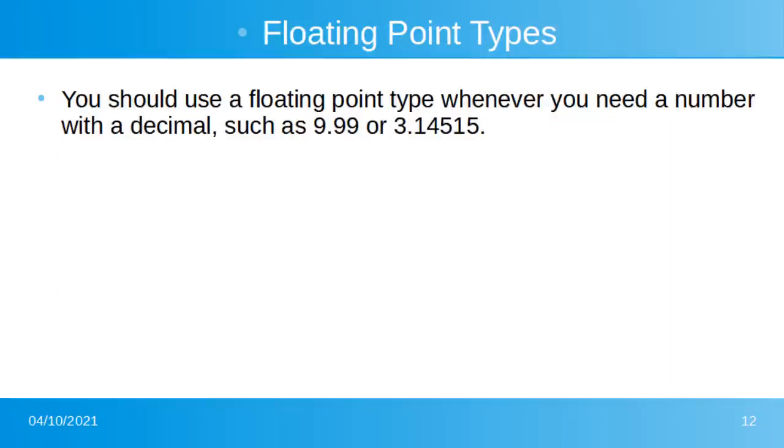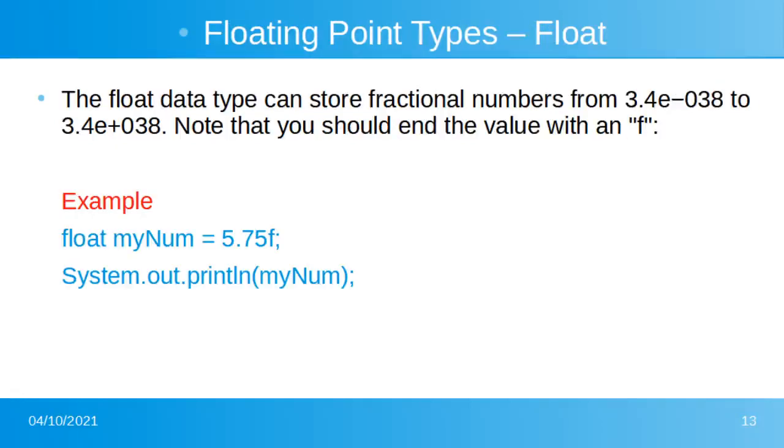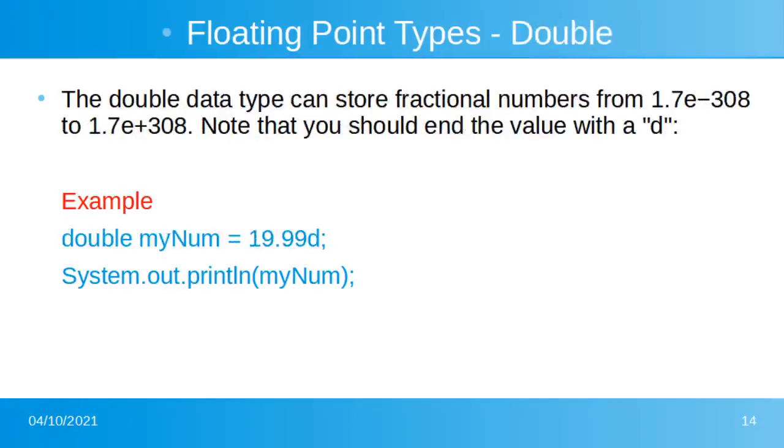Now second category is floating point types. You should use a floating point type whenever you need a number with a decimal, such as 9.99 or 3.14515. First type is float. The float data type can store fractional numbers from 3.4e-038 to 3.4e+038. Note that you should end the value with an F. Example, float myNum = 5.75f; System.out.println(myNum);